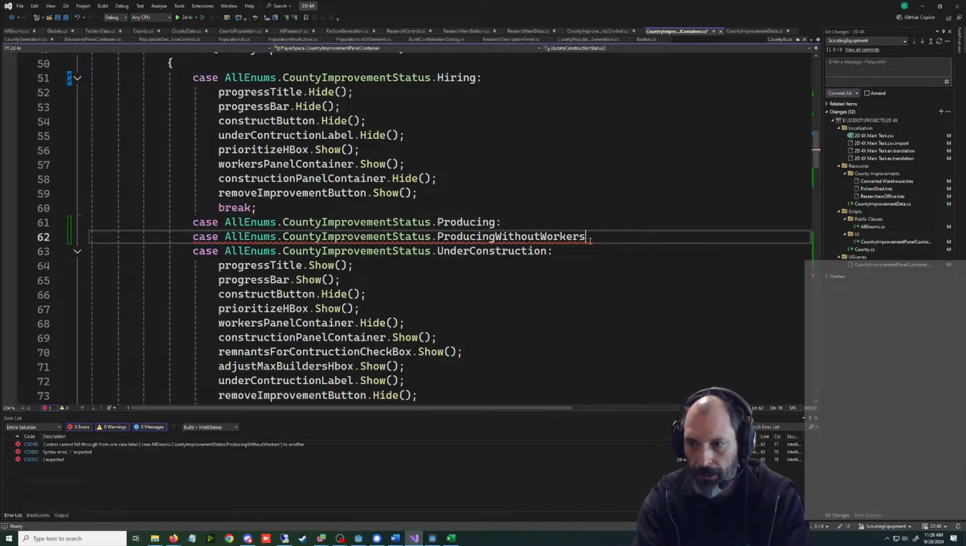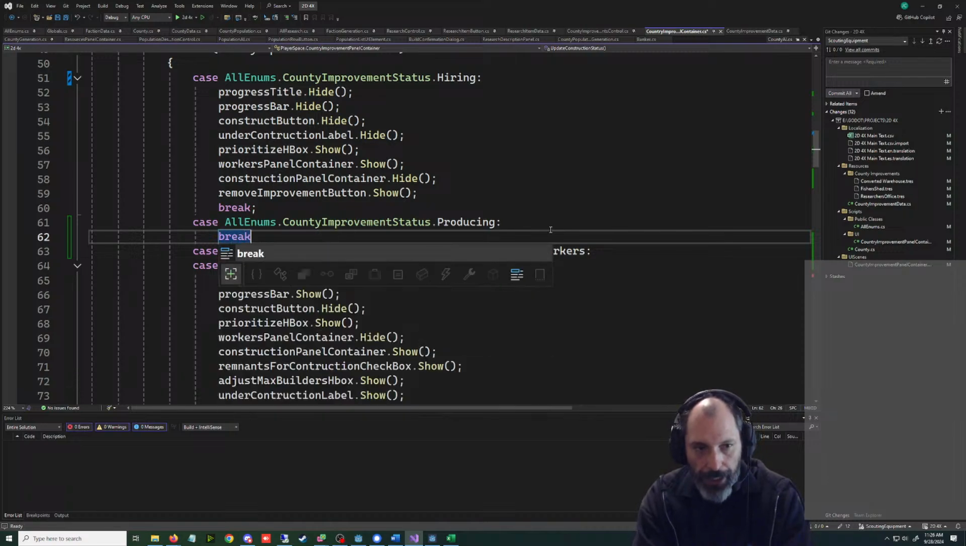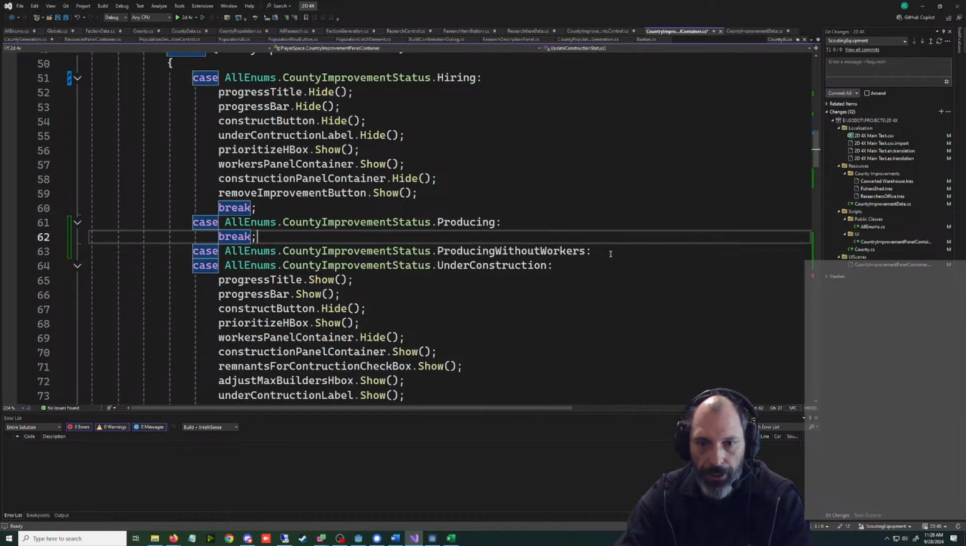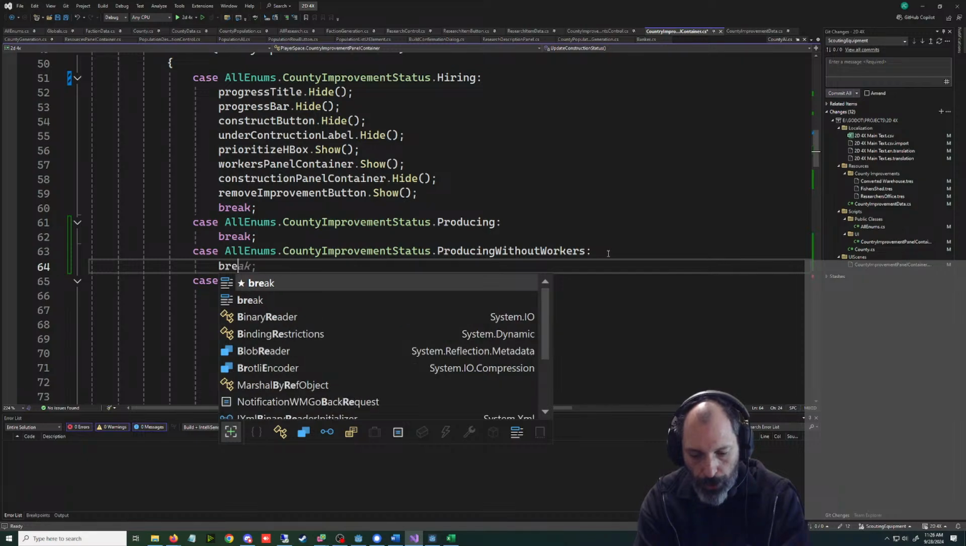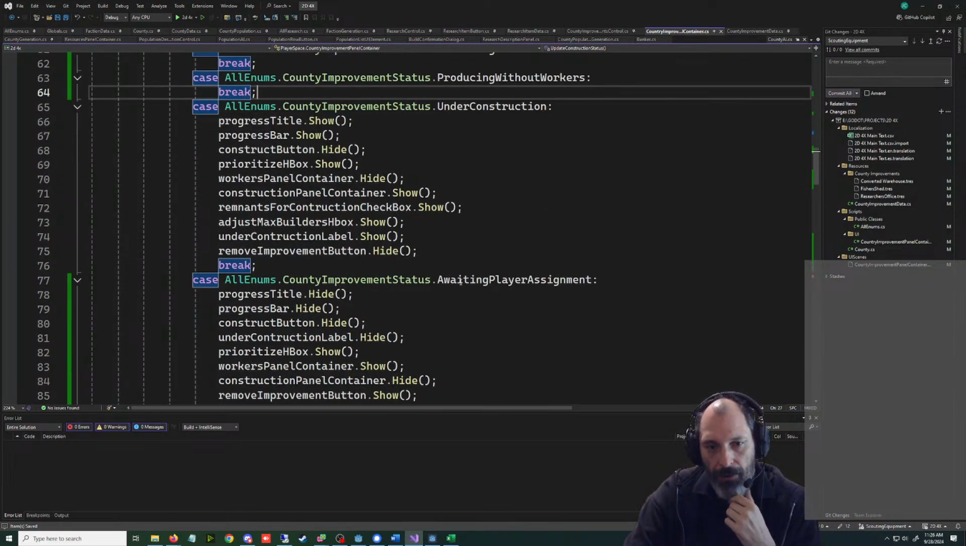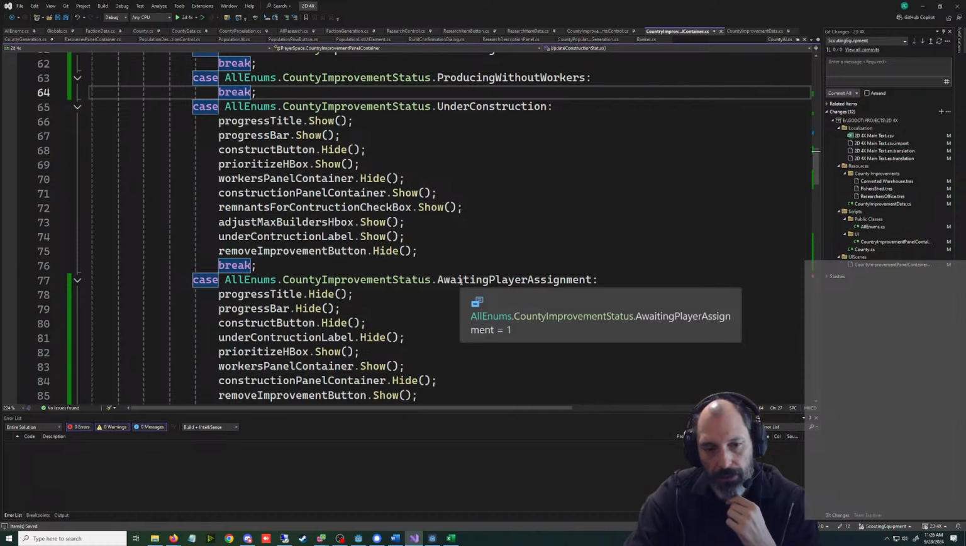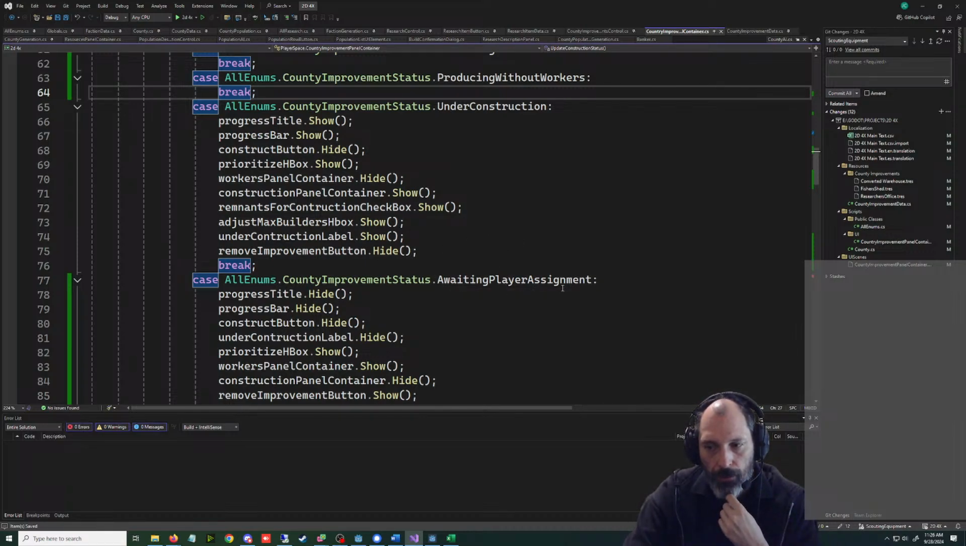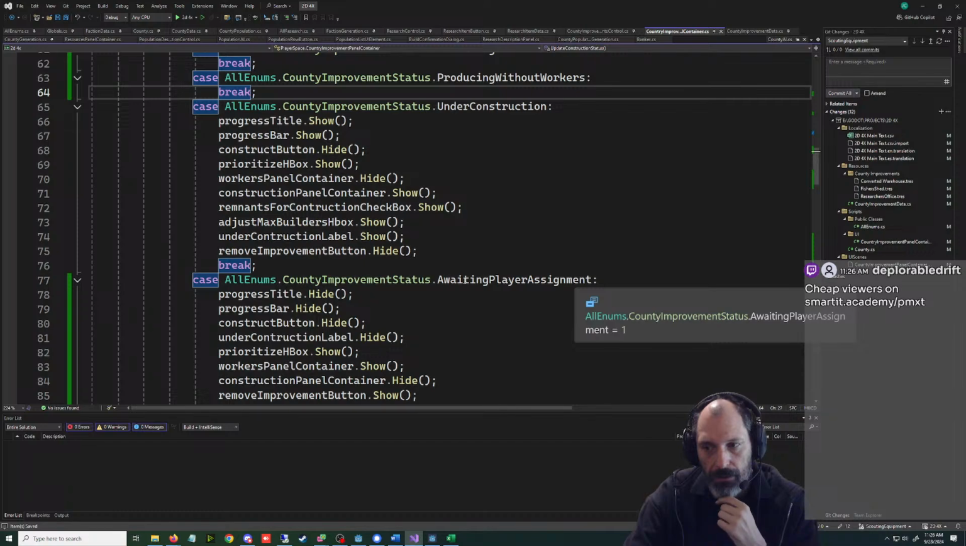We need one of these here. We need a break. We need another status. That just dawned on me. Okay, so after the player has assigned something, god damn, this is so complicated for one fucking label. We're gonna have